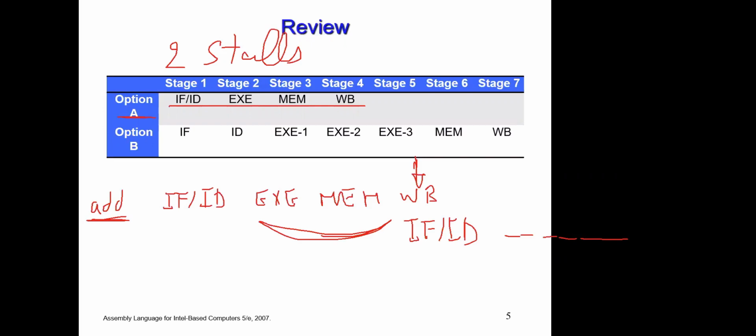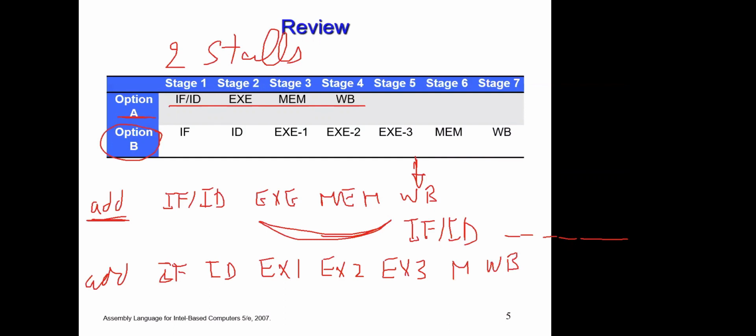Let's think about option B right now. IF, ID, EX1, EX2, EX3, memory, write back. When the AND will get the results again at the write back, what I need to do is